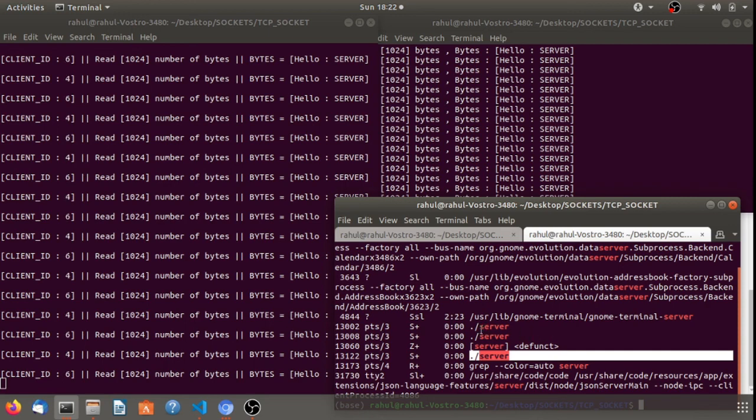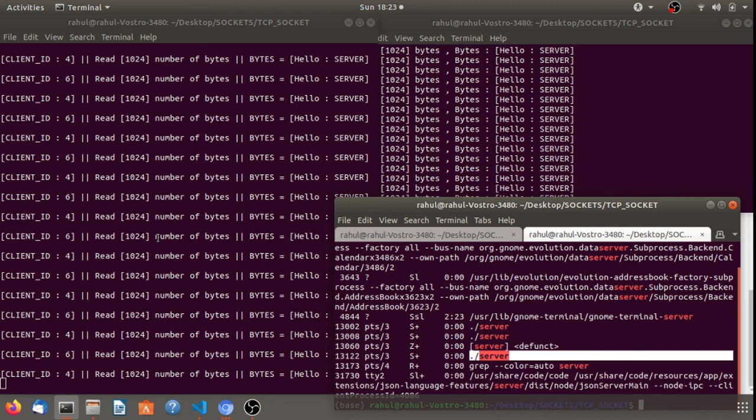Each client will be communicating with a new server process. So if you have 10,000 clients interacting with this server, we have 10,000 server processes also.